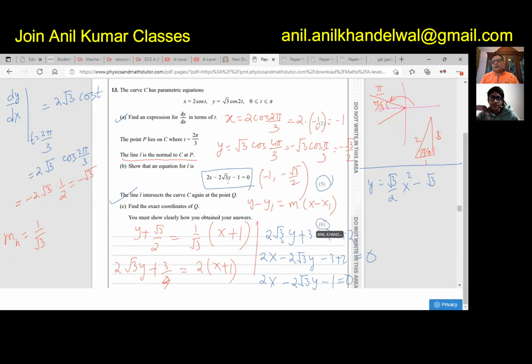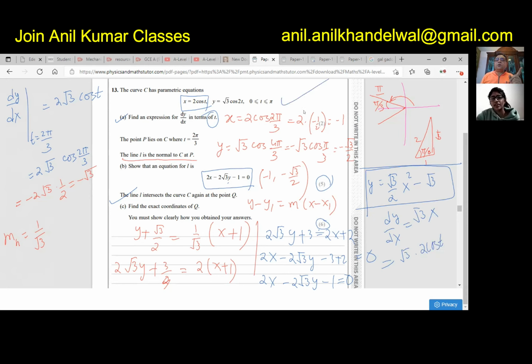Correct. So if you really look at the question, what should be your approach? I think the approach should have been to find this Cartesian equation. You get the idea? Yeah. So from here, we get dy/dx very easily, which is square root 3 of x, correct? Since I want it in terms of t, and I know x is 2 cos t, I will write 2 cos t, just sub it in. Yeah, 2 cos t. So I got these 2 marks. They were worth 2 marks.